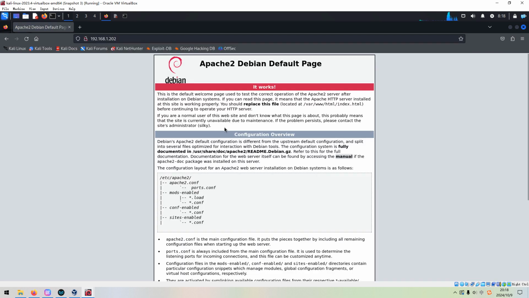As you can see, we got the page back: the Apache 2 Debian default page, and we can scroll down. This machine is a CTF-like machine, so we must be very careful. Otherwise, we will miss something very important, and we may even not reach our destination.